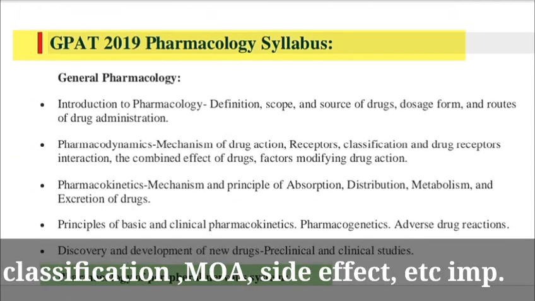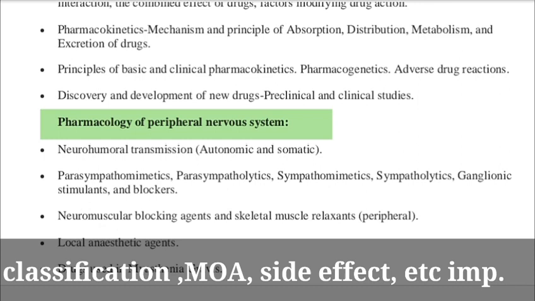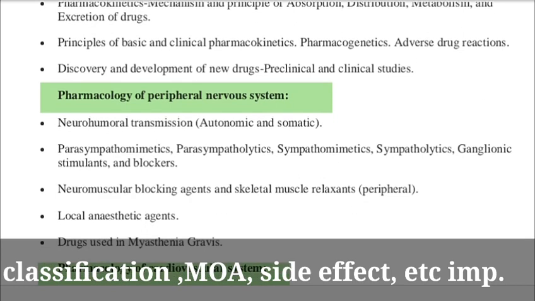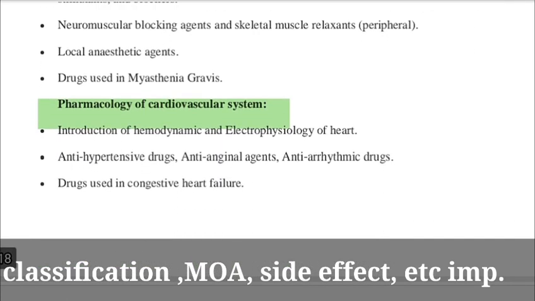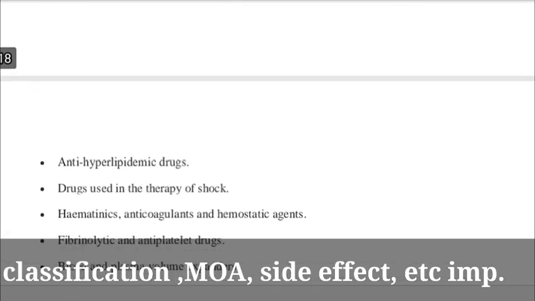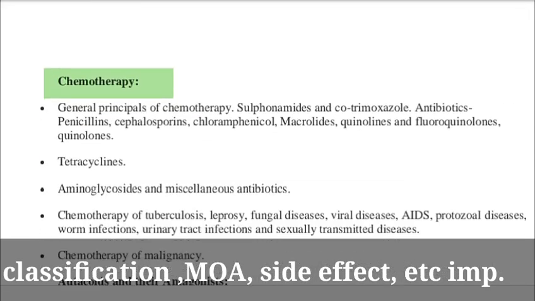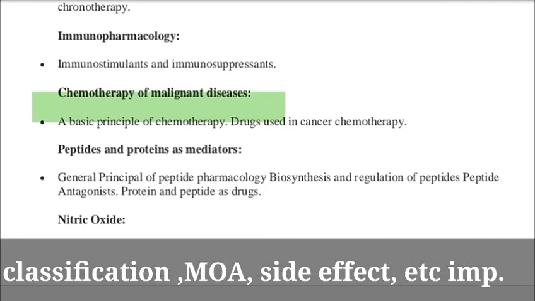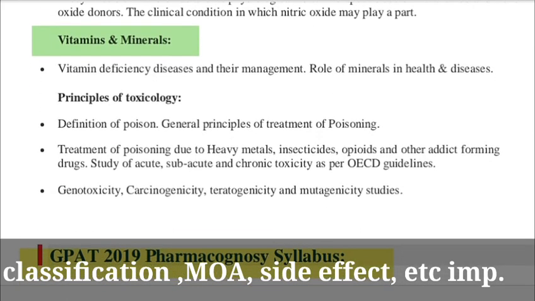Pharmacology, you have to focus on mechanism of actions. And classification, you have to study many times. How many times you study, that much grip you will get on the drugs, and you can easily attempt the exam. The important pharmacological classifications are peripheral nervous system, cardiovascular system, central nervous system, and chemotherapy, very important. In chemotherapy, cancer classification is very important. Vitamins and mineral classification also very important. Every year 1 or 2 bits are expected from vitamins and minerals.